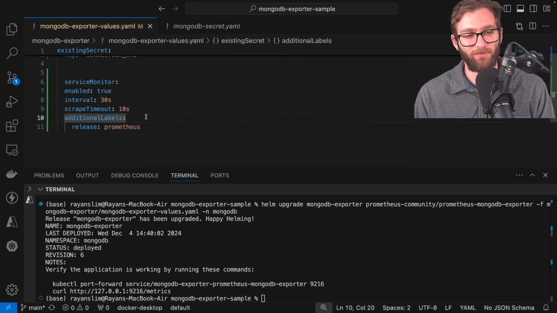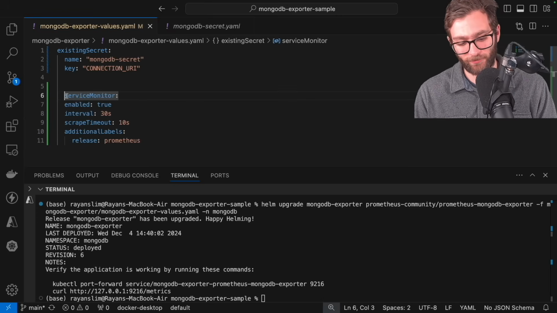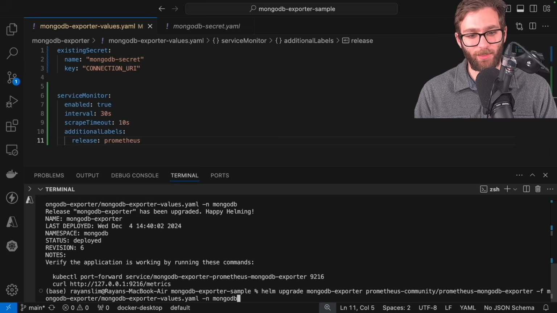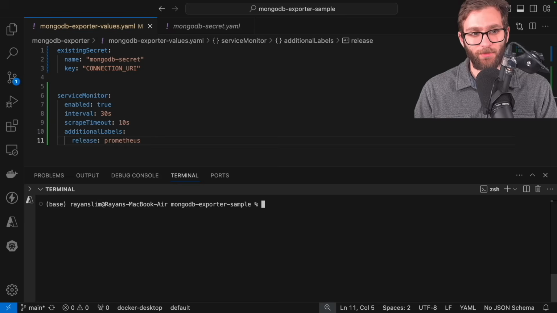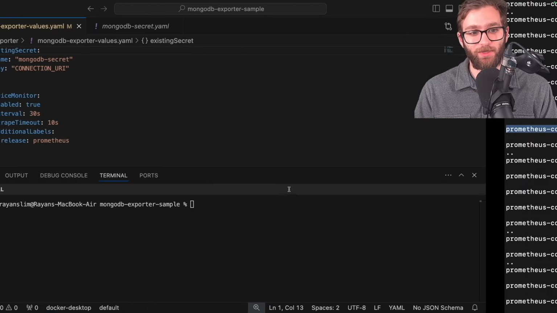Wait, how is this even working? My indentation is totally off. This should be at the very beginning. Okay. Should be fine now. Let me do a helm upgrade again. Clear the output. So now the configured exporter is grabbing the connection URI from the existing secret, and we can ensure